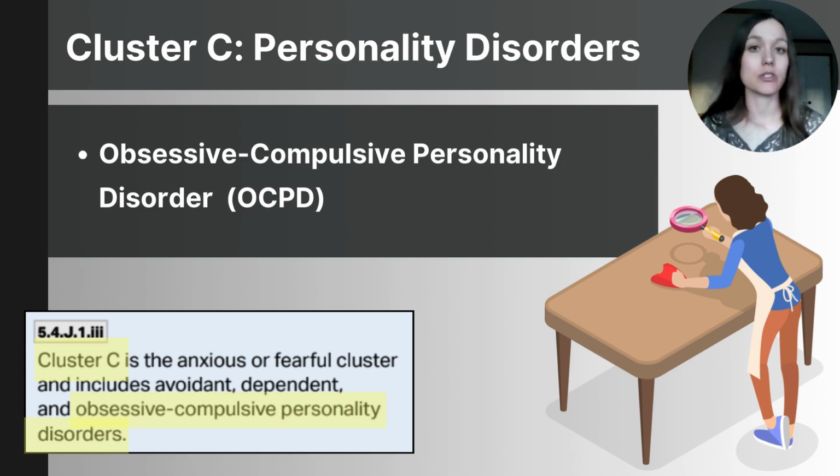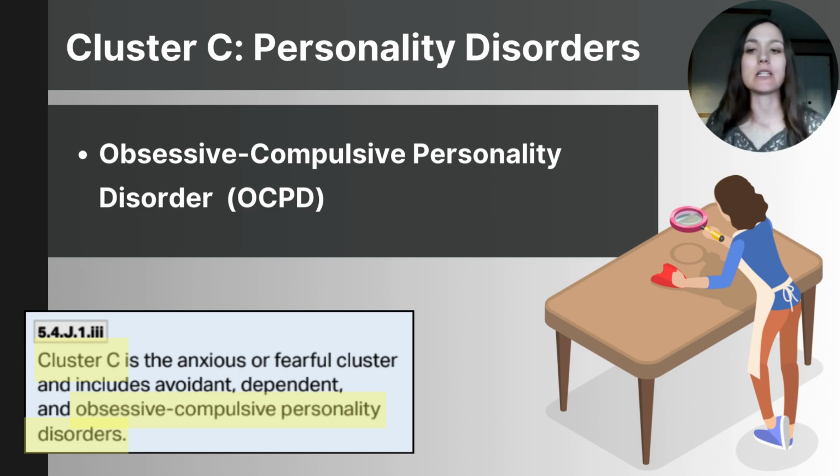To be diagnosed, a person has to have four of the following symptoms: a preoccupation with rules, details, lists, or organization to the point that their main goal has been lost. A second is extreme perfectionism that interferes with task completion. A third is excessive devotion to work at the expense of leisure and relationships. Another is inflexibility about morals or ethics or values.